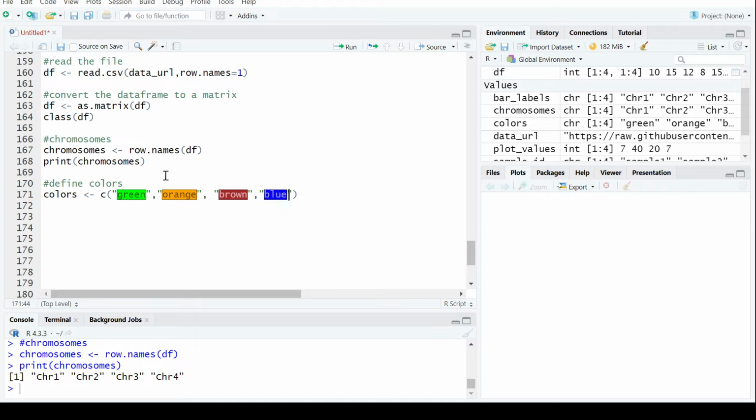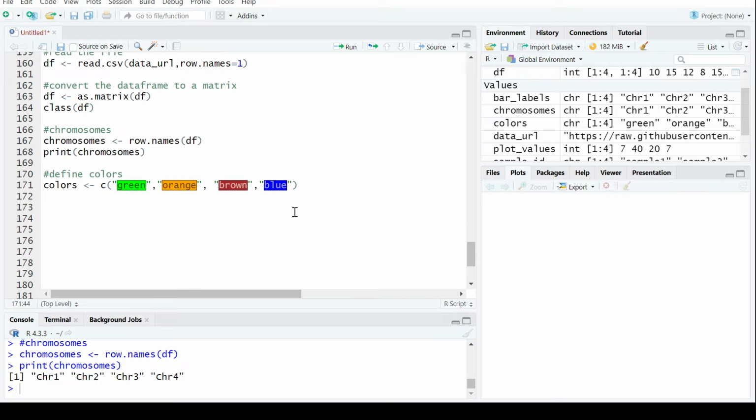Now, if the colors are specified correctly, then their respective text will be highlighted with those colors. All right. So this is what you will see if you define the colors properly. You can use any other color, that's fine, it's up to you, but let's keep it simple here. So let's run it. Now if I print colors,